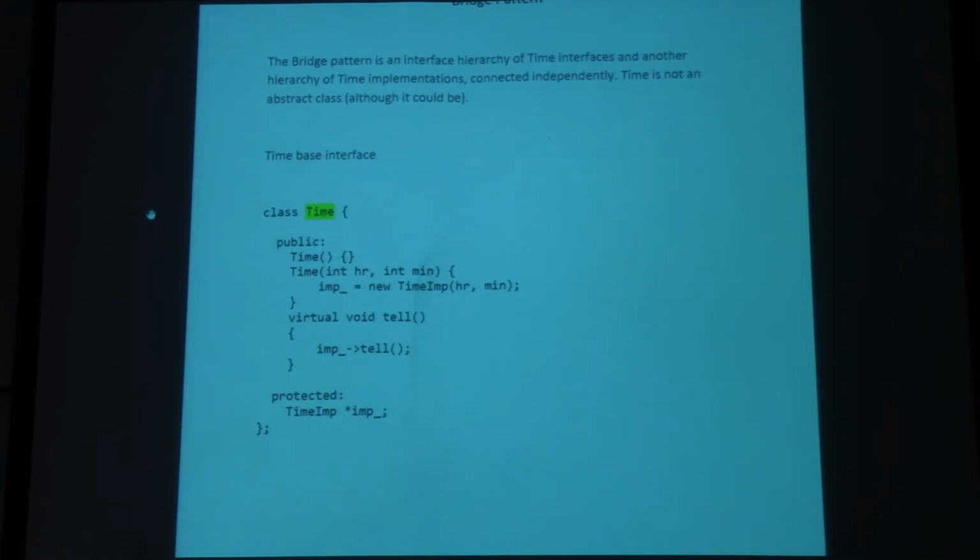Okay, so what we have is a class called Time, and it's very straightforward. So basically, Time has a default constructor. It also has a constructor for the hour and the minute. And in this case, it says, okay, imp is a pointer to a time implementation. So this is Time. Time implementation sounds like it's going to implement the time, which means it's probably going to extend the Time class. So the time-based interface includes a constructor for the hour and the minute. Okay, and then the constructor is going to call a new time implementation with hour and minute,